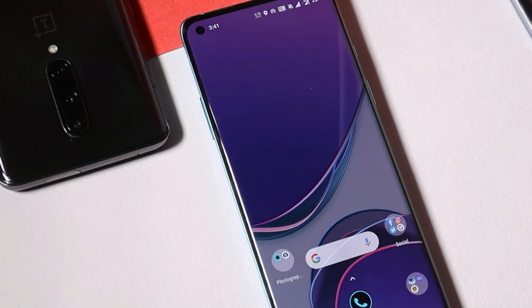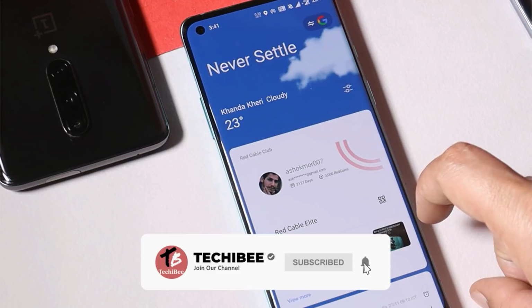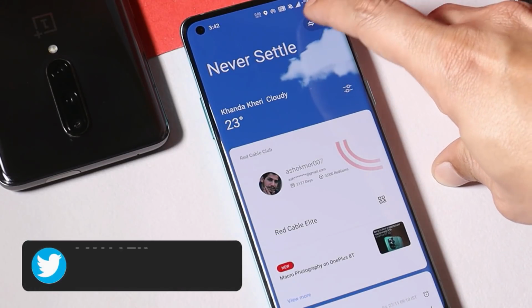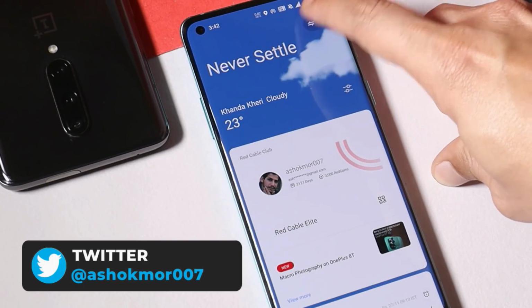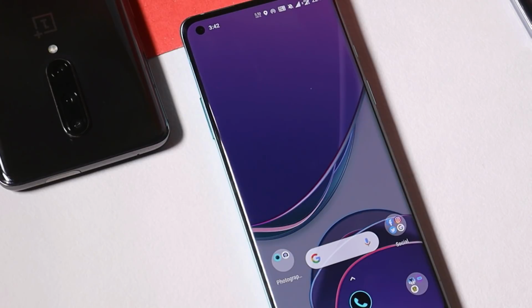And we had lots of queries related to Shelf. People asking if they can enable right swipe to open up Shelf, and yes, on Open Beta 4 we get this option. As you can see here, swiping towards the right-hand side, you can open up Shelf, and on the top right corner you'll see an option where you can switch between Shelf and Google Feed. So yes, this feature is available on Open Beta 4.